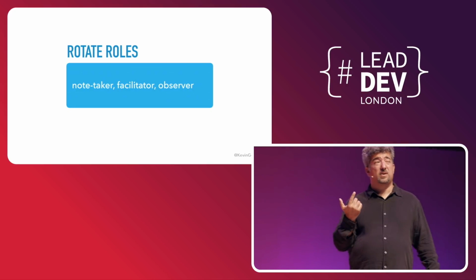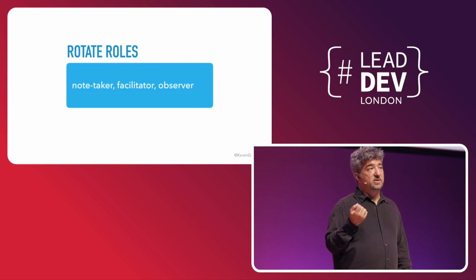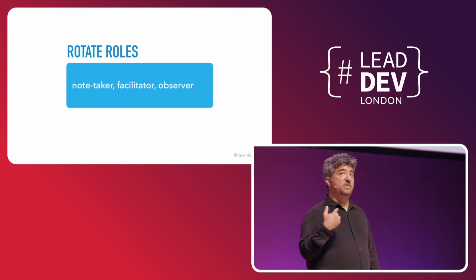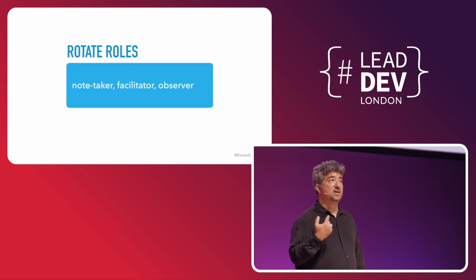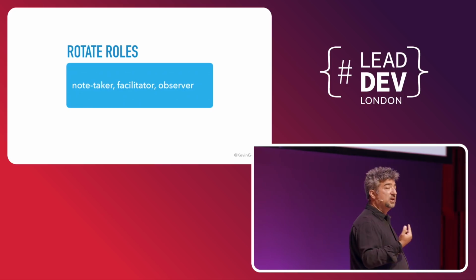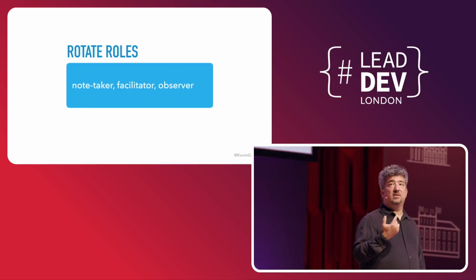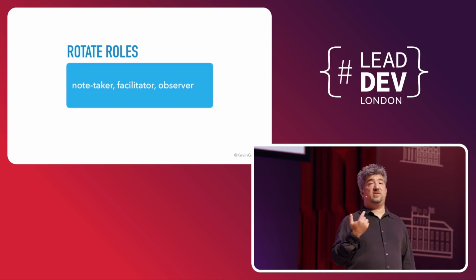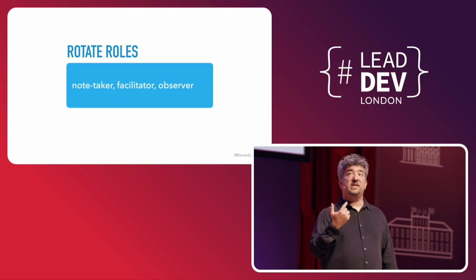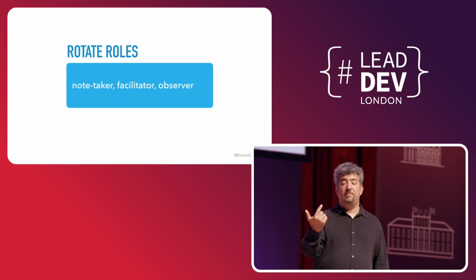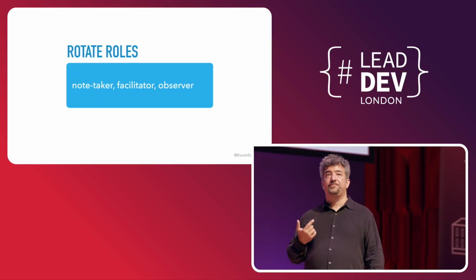But sometimes, especially with the observer role, it gives you permission not to participate in the meeting. Well, if you're struggling a little bit with imposter syndrome, that sounds great. You don't have to express your idea because you don't think you belong there. You get to just watch. So you want to make sure you're rotating these roles.